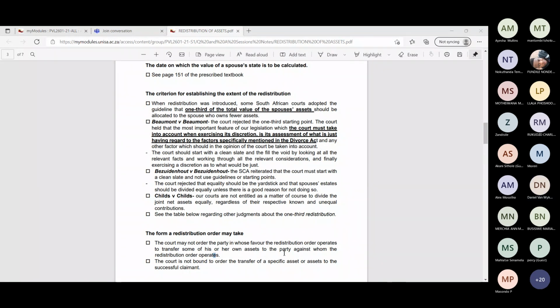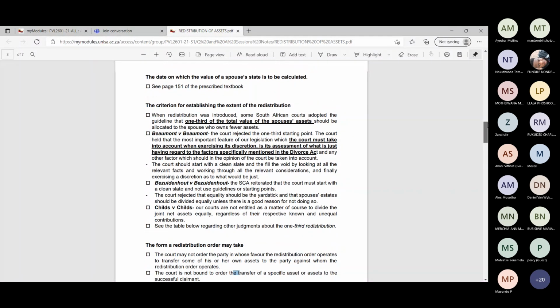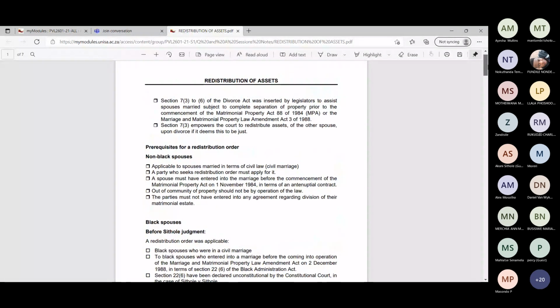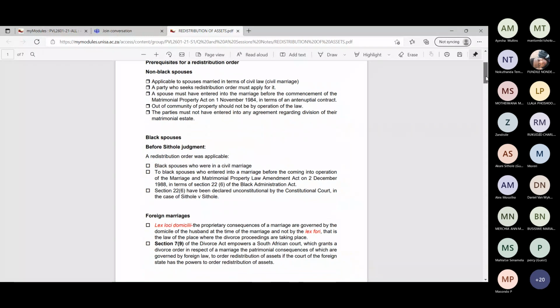Pumlani? Yes, ma'am. I just wanted to check, ma'am, in terms of the distributions of assets, especially for the black. My understanding is that prior 1984, if I'm not mistaken, the case is